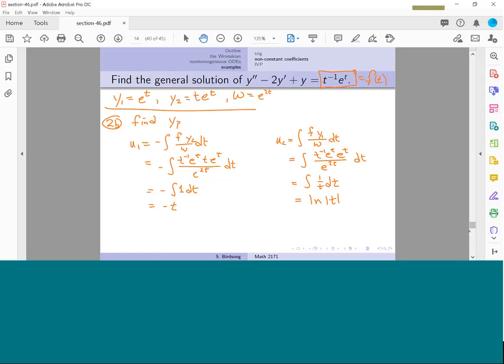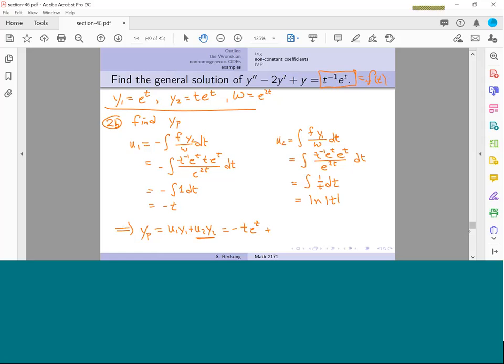So, putting this all together, this tells us that our particular solution of y is going to be, I'm going to write out the formula first. So u1 times y1 plus u2 times y2, and now I just plug in. So u1 was negative t. We're going to multiply that by y1. So we have negative t y1, or negative t times e to the t, plus, now technically speaking for the second one, we have y2, which is natural log of t,